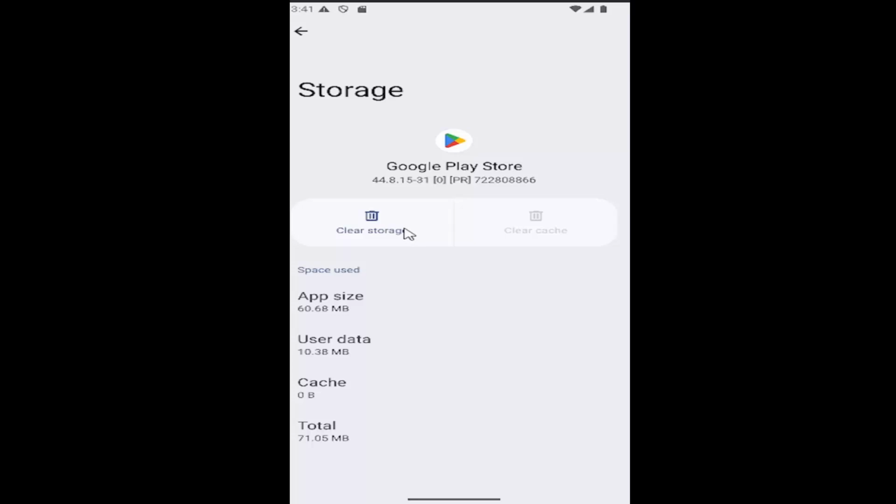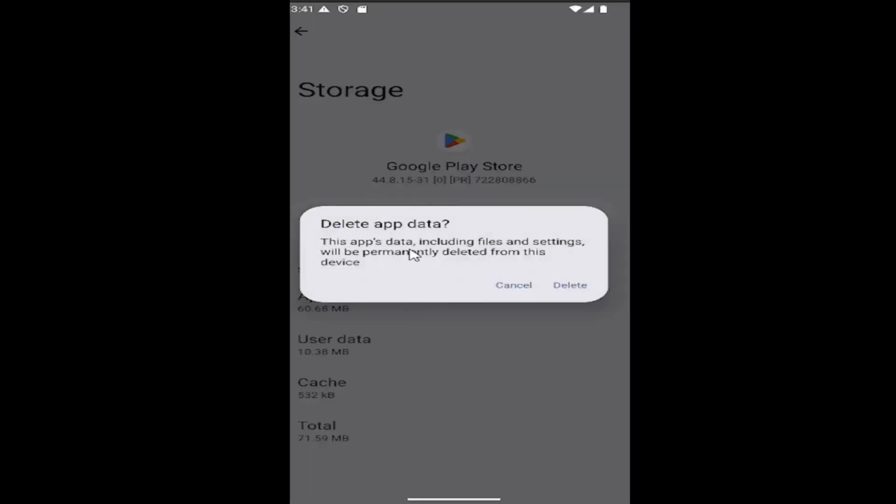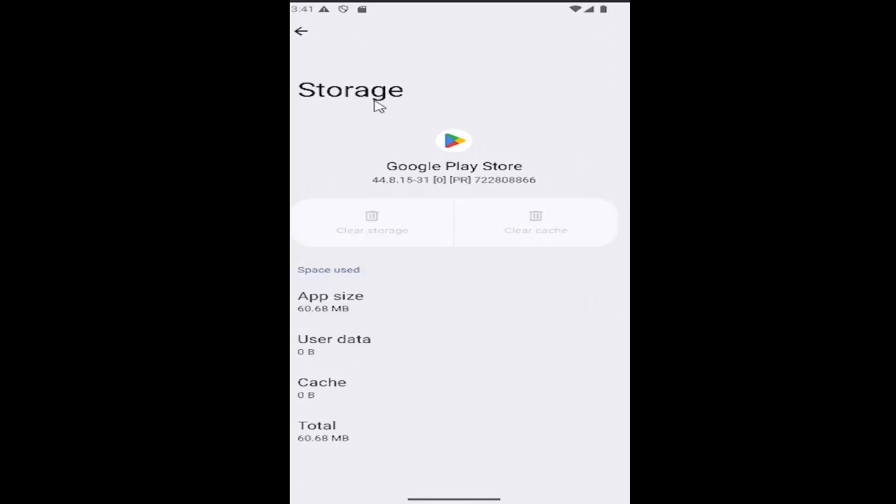relaunched the app, you may want to consider clearing the storage as well. So by selecting that option, it will delete all the app's data, including your files and settings. Make sure everything's backed up to the cloud. Select delete, and then once you're done, close out of here, relaunch Google Play, and hopefully the issue has been